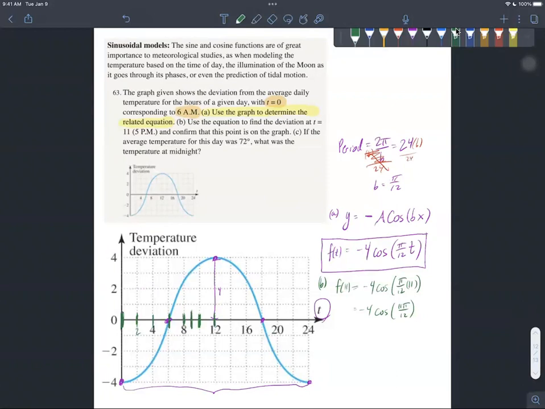I'll draw a big tick mark. And we can see that the deviation